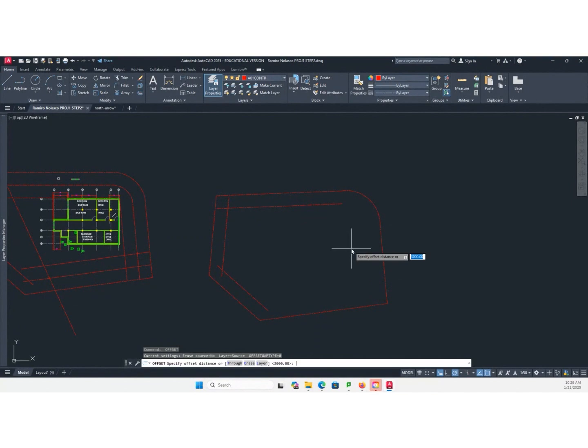Enter to restart the offset command so that I can change the value to 6,000. Okay. And then fillet, F. Spacebar to repeat the fillet command.